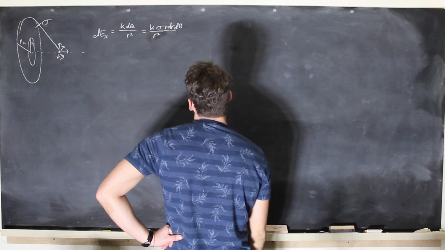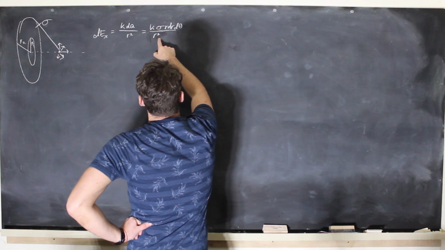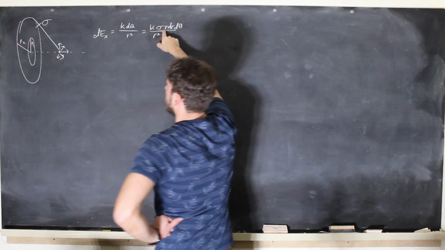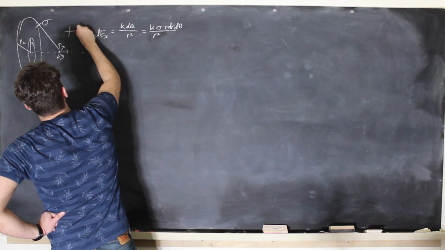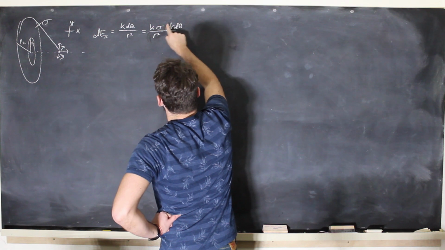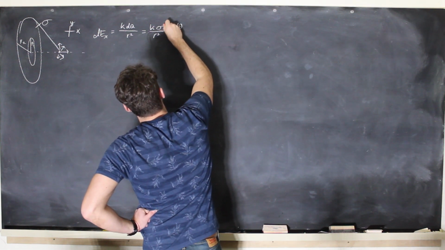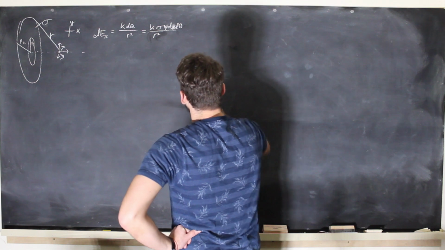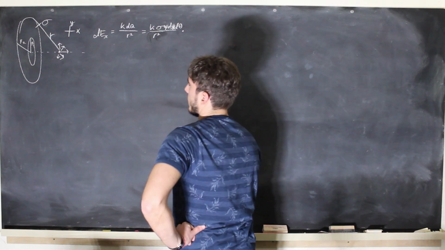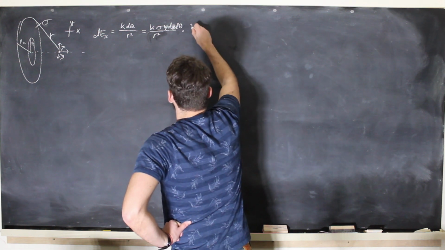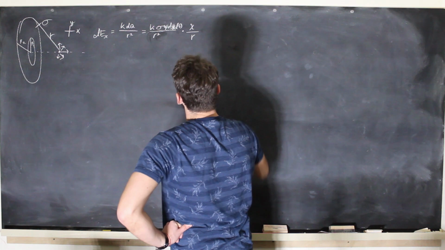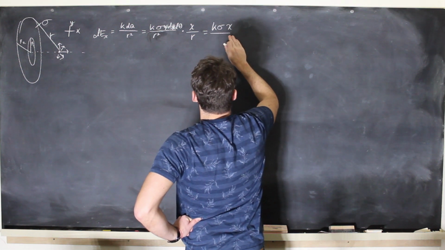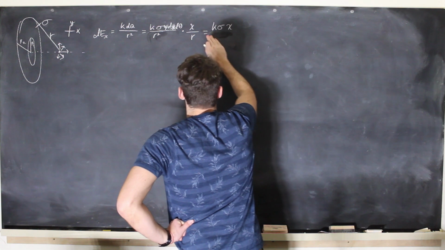Now, these two, I don't believe those cancel out. Oh, actually, because this r is actually in the y, right? This is x, this is y. So it's actually not r dr, rather it's y dy, and this r is this distance. Times cosine theta, which is going to be x over r. So now we have k sigma x. Yeah, no, that's not over anything. k sigma